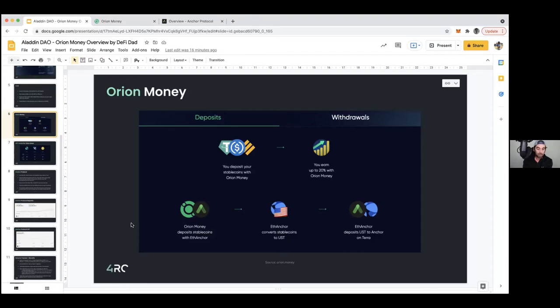The reason I'm most excited about this is I just think a lot of people don't know about it. It's around 70 million total value locked. There's still a major separation between the Ethereum and Terra ecosystems, and their goal here is to be a bridge to say, hey, there is some cool stuff being built elsewhere. You can benefit from that yield, but you don't have to go set up a Terra wallet. But obviously you are still exposed to those smart contracts in the Anchor protocol on Terra.